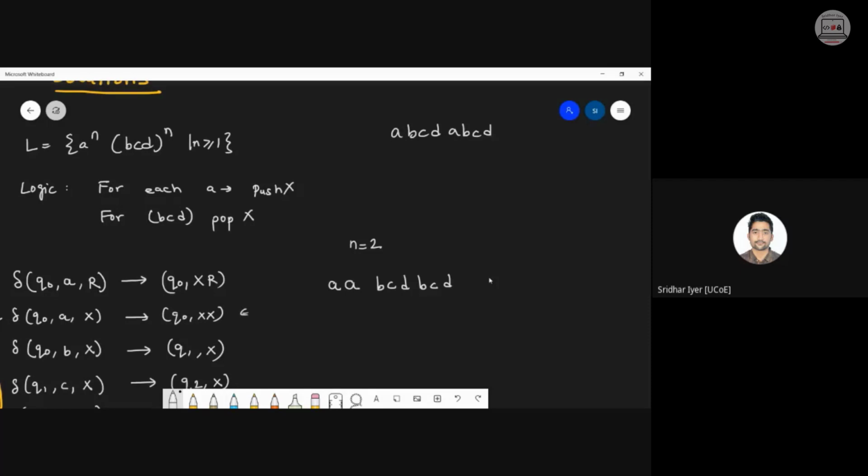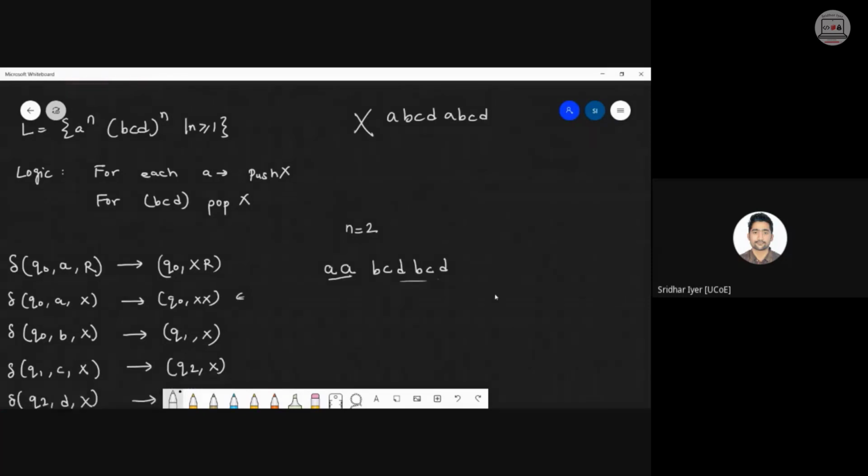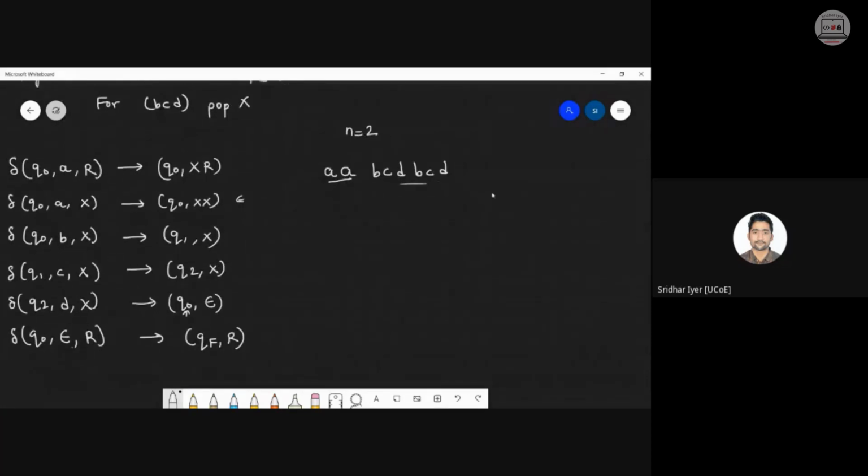This is incorrect. Why? Because it is a k terms एक साथ, then b k terms. It is a raised to n, that is a raised to 2. So first of all the a terms will be written together and all the bcd terms will be written together. So this is the common mistake people end up doing. Kindly avoid that. Okay. So let's start with this problem, with this example.